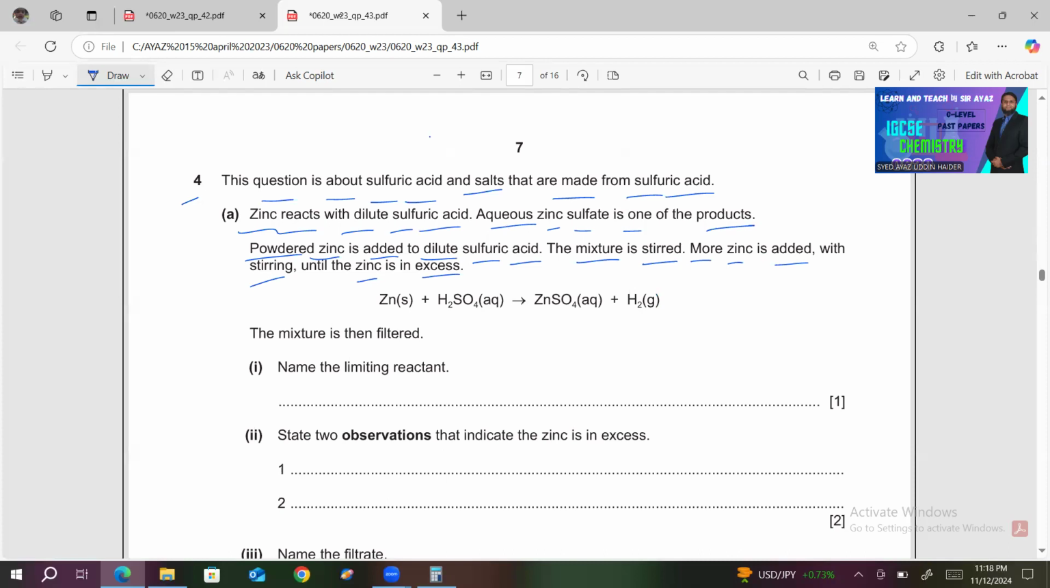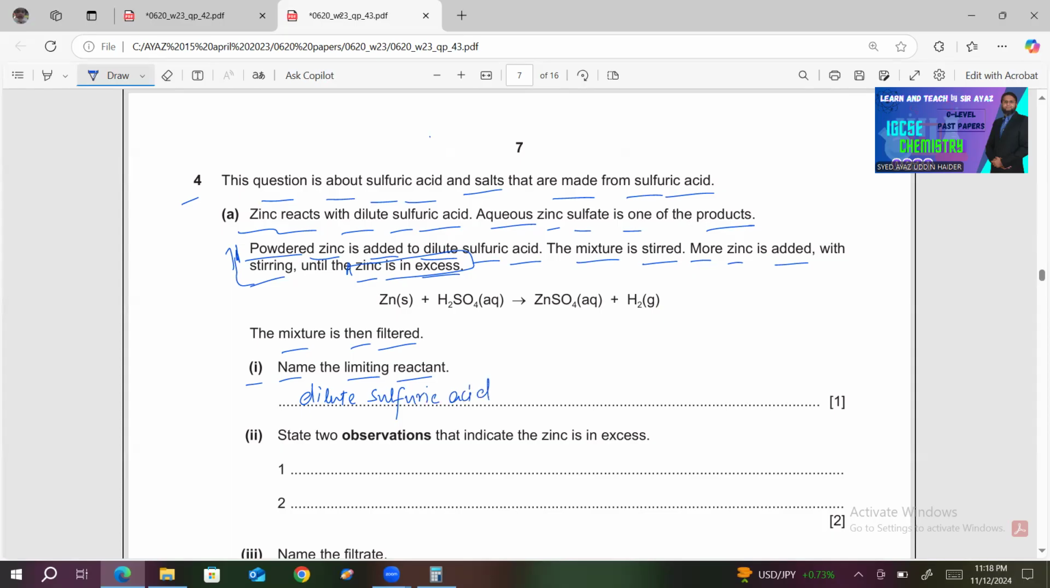Here's the reaction equation. Zn plus H2SO4 gives ZnSO4 plus H2. The mixture is then filtered. 1. Name the limiting reactant. If you look at the statement, they have mentioned that zinc is in excess. So it must be dilute sulfuric acid. That's the limiting reactant in this. So you write dilute sulfuric